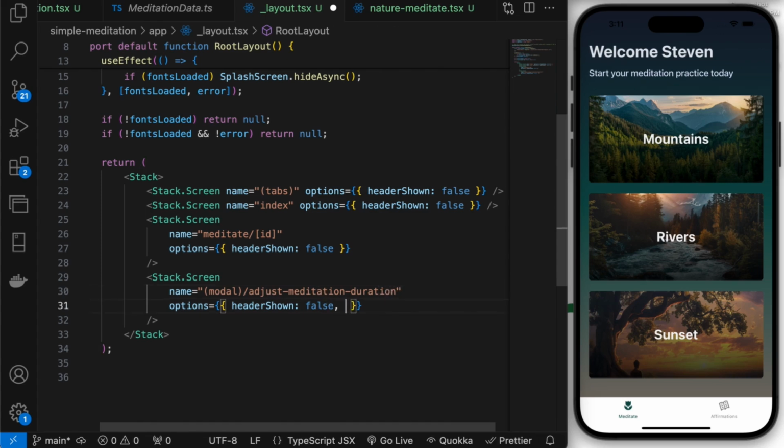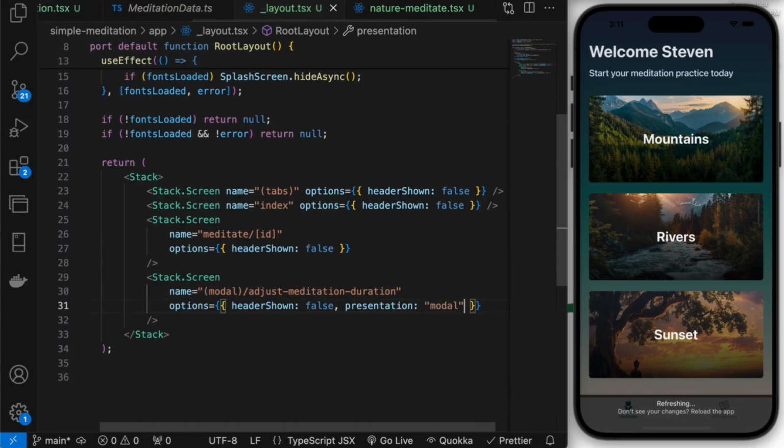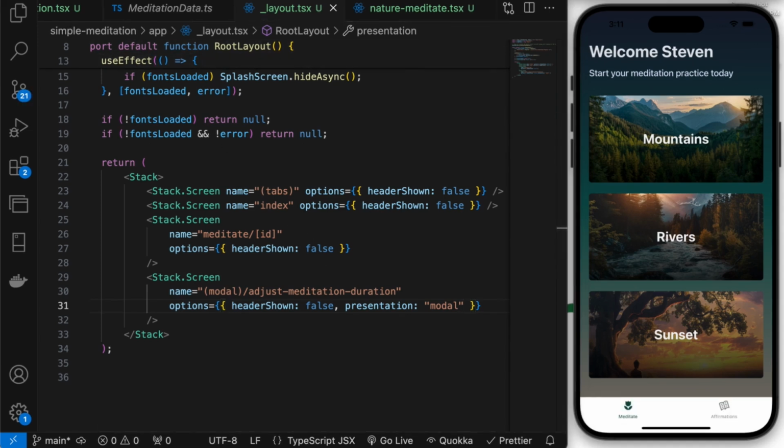Let's add to this options object. So I'll add presentation, and it's a Modal. Save that. So now if we navigate back to